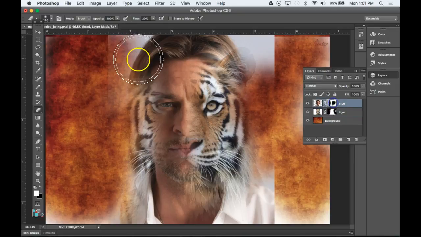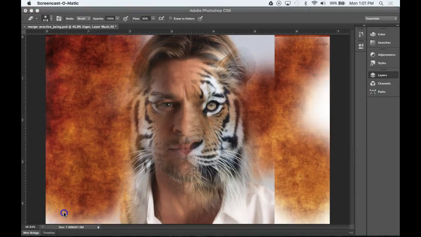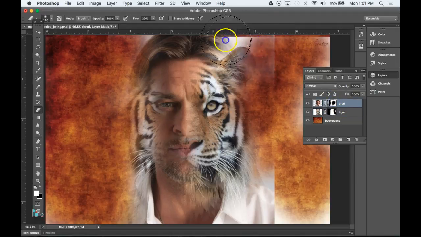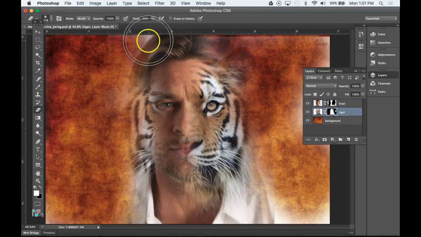You're going to have to go back and forth a bunch on this, clicking on the different layer masks and erasing, because there's going to be a lot of leftover stuff over here. So just keep doing that until you have it to where you can see the background on through both layers. And just keep clicking back and forth until you can see something like that. Okay, then after you have it like this,